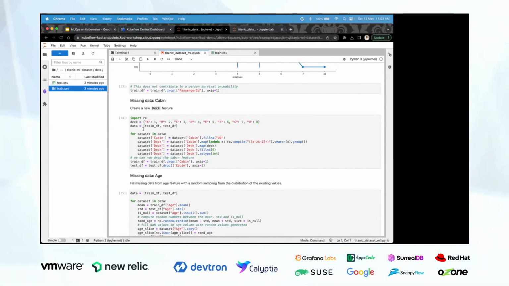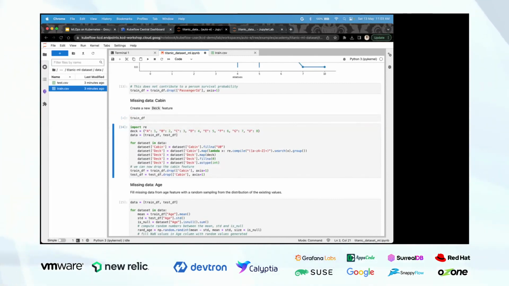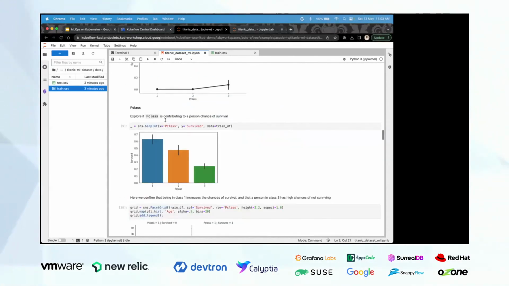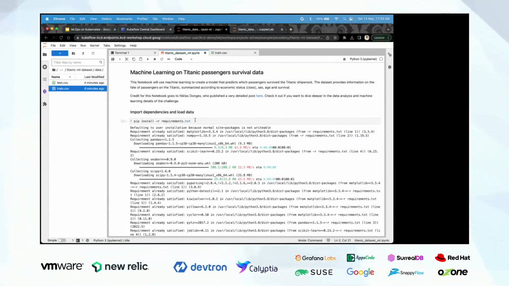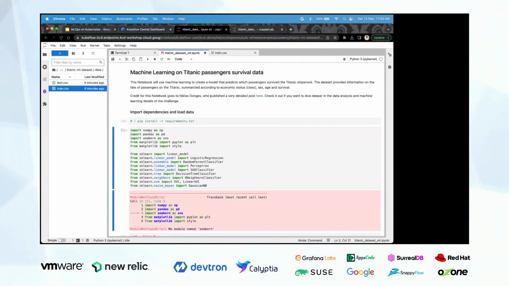Over here, if I run the train df, okay, I have not run it. Let me see. The installations are done. Now I can run all the cells in the notebook.